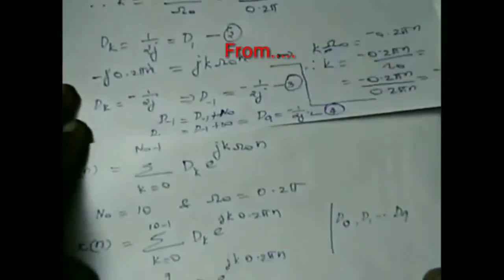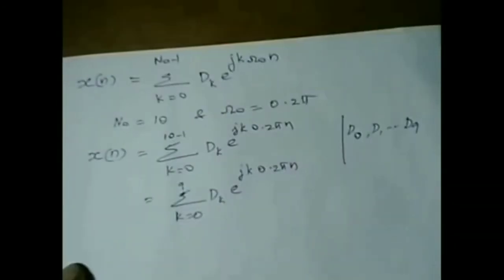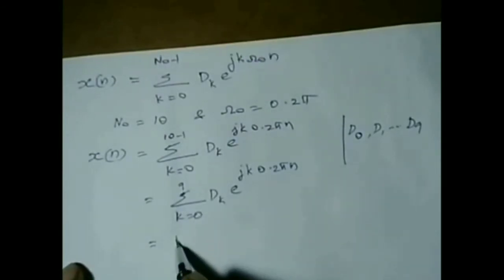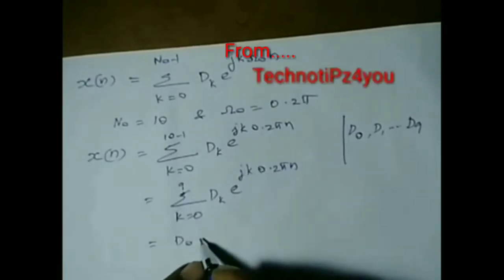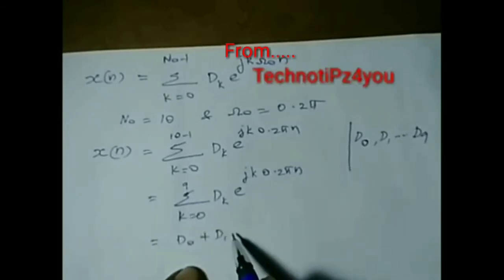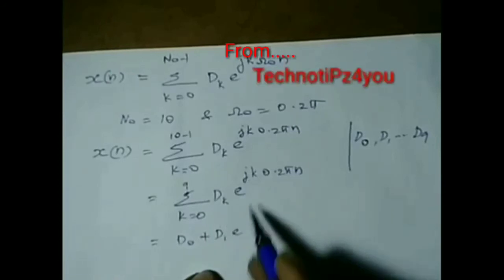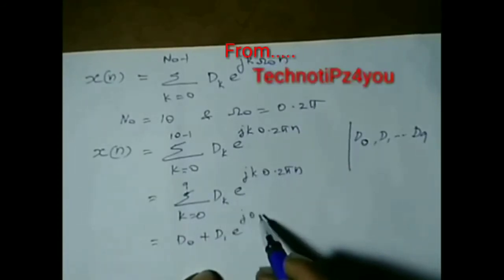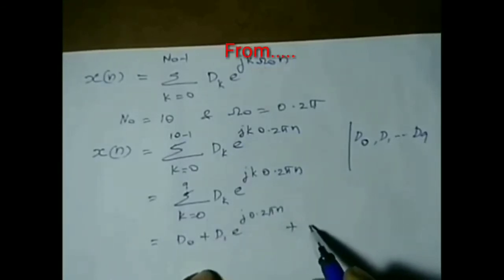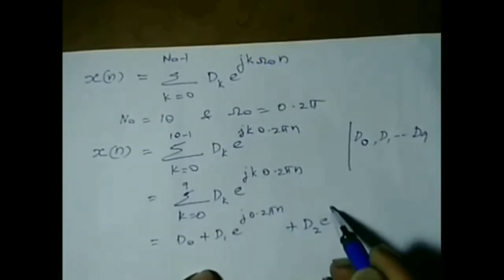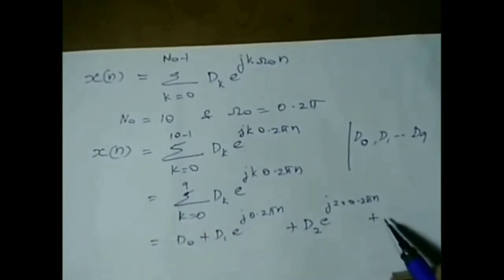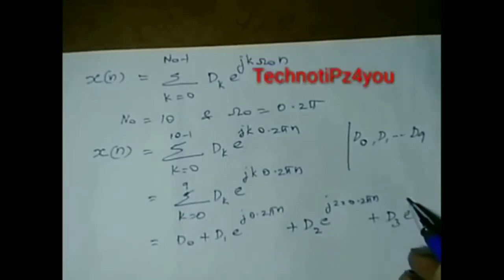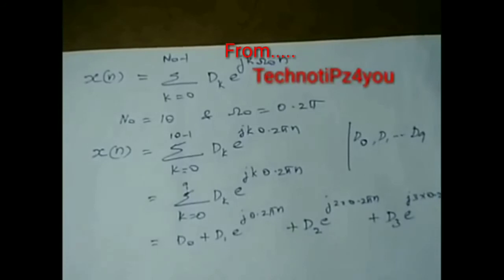Now let us expand this equation. For k equal to 0, this will be d0 e raised to 0, plus, if k equal to 1, we get d1 e raised to j 2 pi n, plus for k equal to 2, d2 e raised to j 2 into 0.2 pi n, plus for k equal to 3, d3 e raised to j 3 into 0.2 pi n,